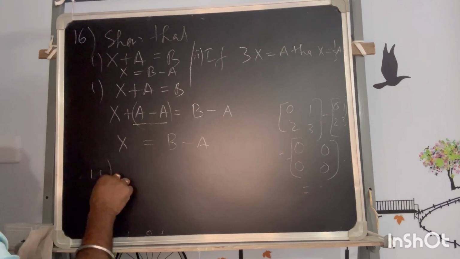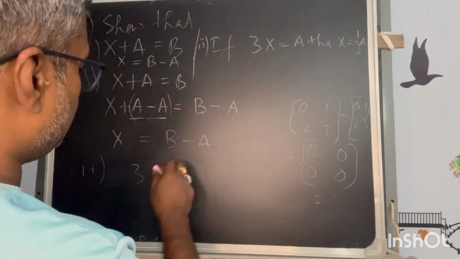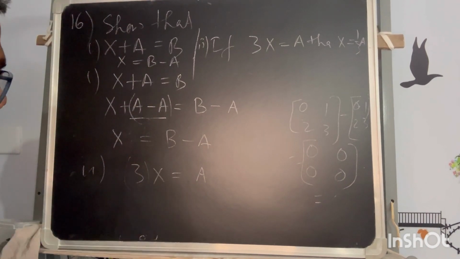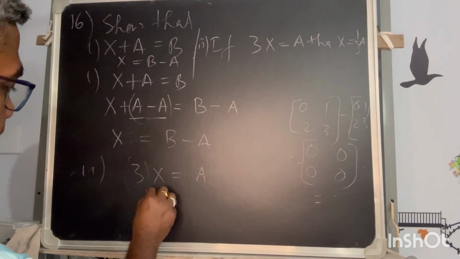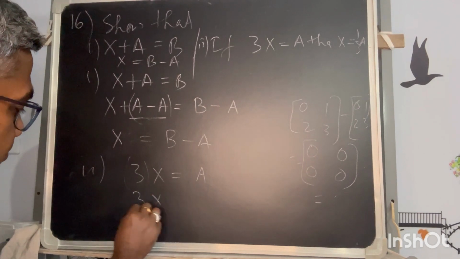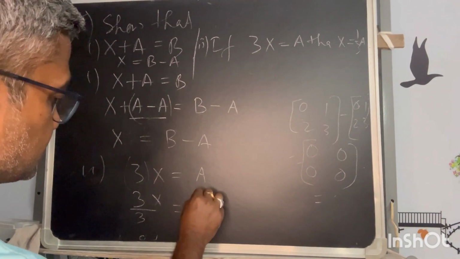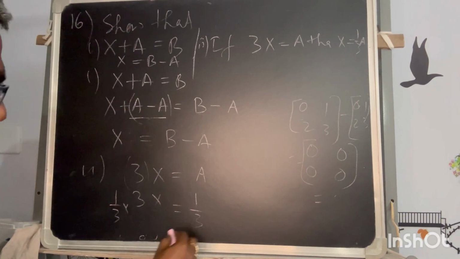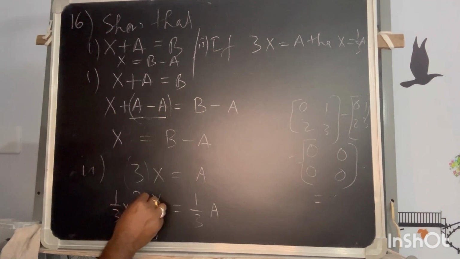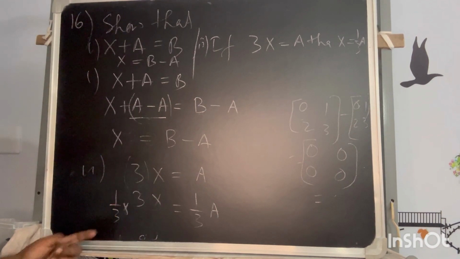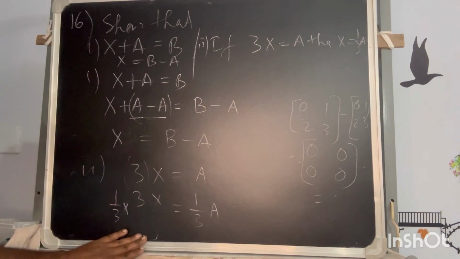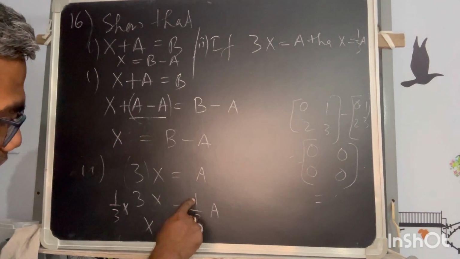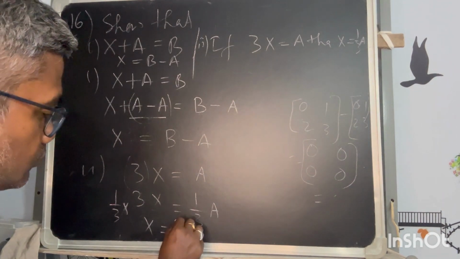Similarly, second, in case of 3x is equal to a, now 3 is a scalar for this matrix. So if we divide this matrix by 3, meaning we are multiplying with 1/3 of the scalar, now this is a numerical solution. 1/3 into 3 is a numerical, that is not involved in the matrix. So this can be nullified and we get x, whereas this is a scalar for this. So this is true